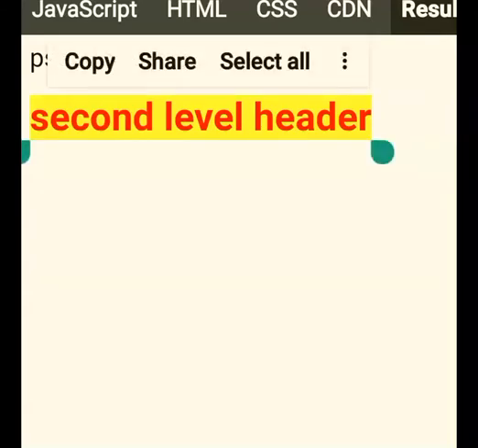Now I selected the whole second level H2, so everything is showing the styling. So whichever portion I am selecting, maybe the H2 element or the P element, sentence, word, whatever I select, or all of it, then the styling that I have mentioned in my style sheet is applied.